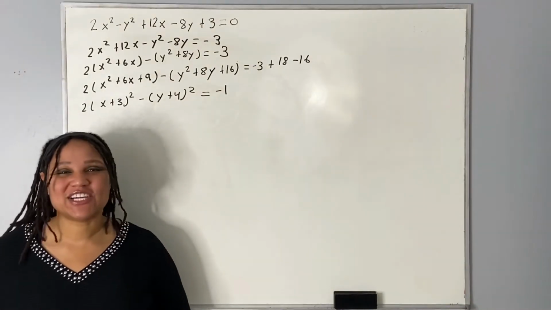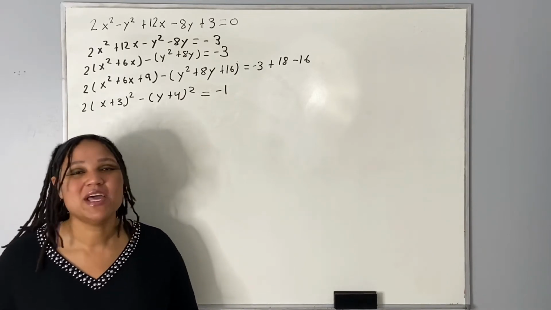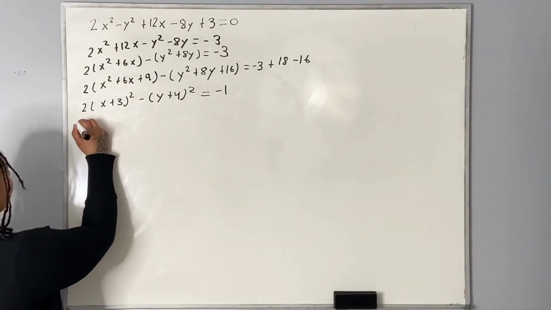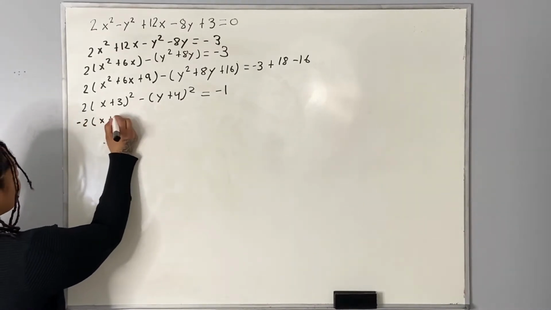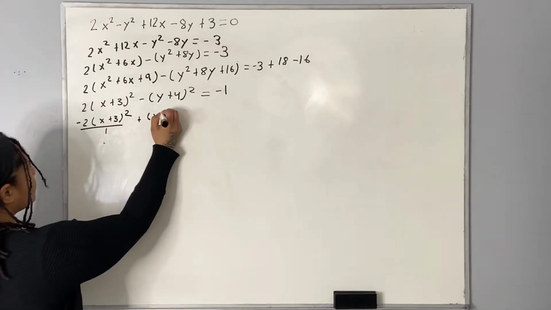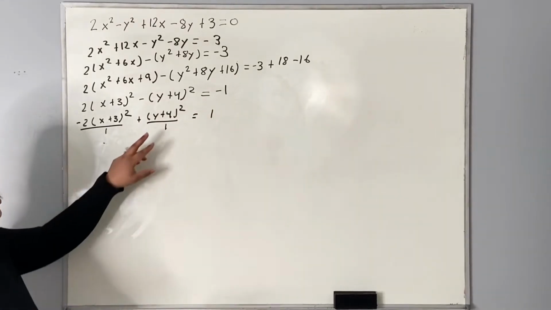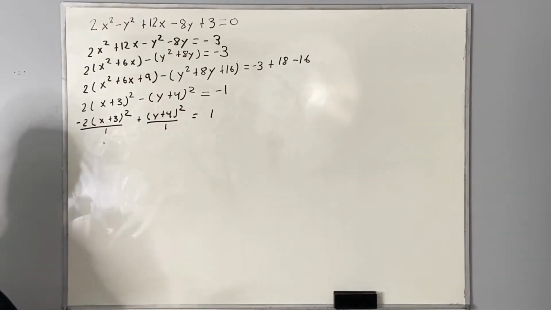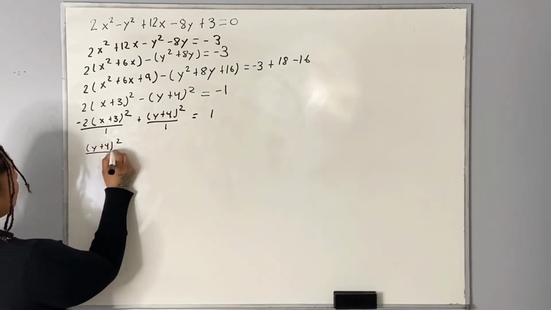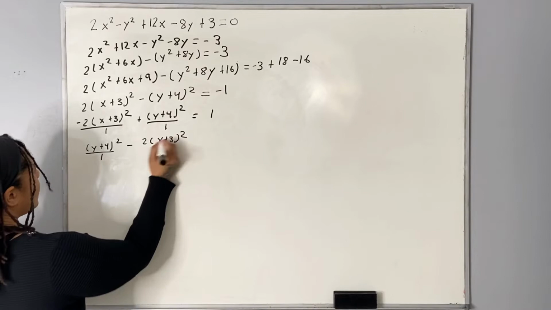We are certainly looking good, but we still need to perform a few more operations to get this equation in standard form. So what I'm going to do is divide both sides by a negative 1. So we have negative 2 times x plus 3 squared over 1 plus y plus 4 squared over 1 is equal to 1. Now I'm just going to reorder the left side of the equation. So we have y plus 4 squared over 1 minus 2 times x plus 3 squared over 1